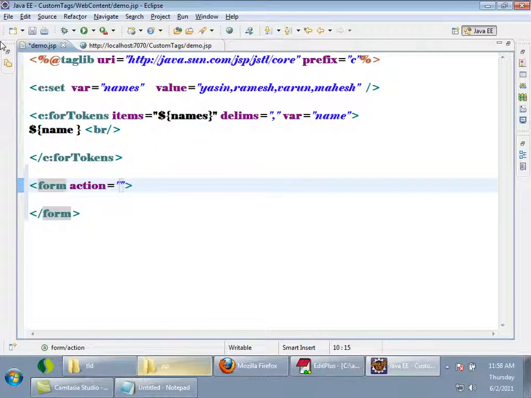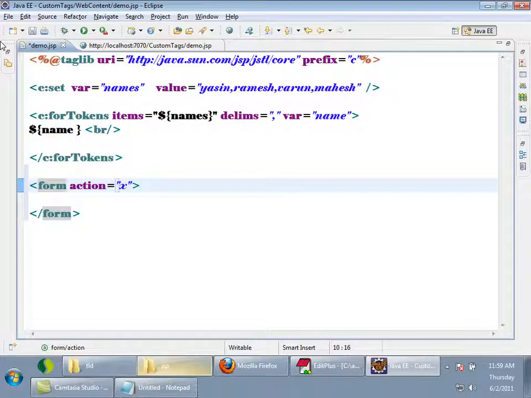Instead of hard coding the URL, suppose you want to write an action called X. But if cookies are disabled, once I submit this form, the session cannot be tracked. So whenever I am writing action, I want to encode the URLs. In Java, the way to encode URLs is the response.encodeURL method, right? But if you want to use a tag, you have to use it like this. I want to encode X with the JSessionID value.